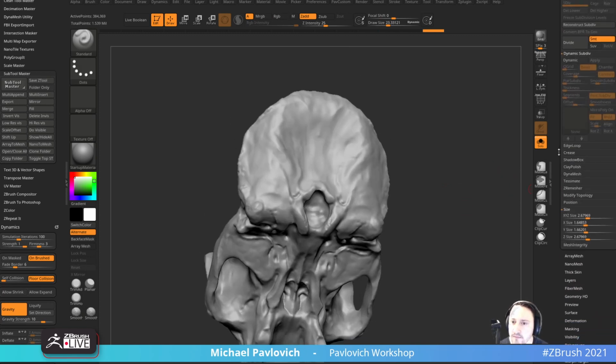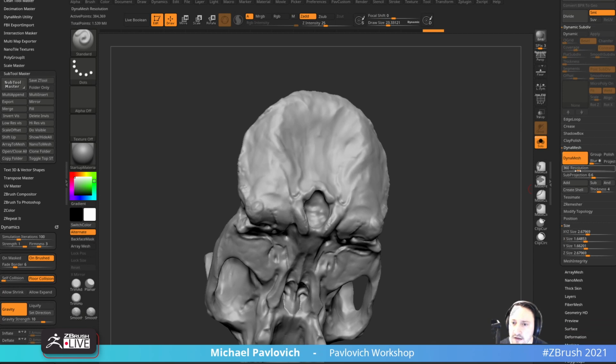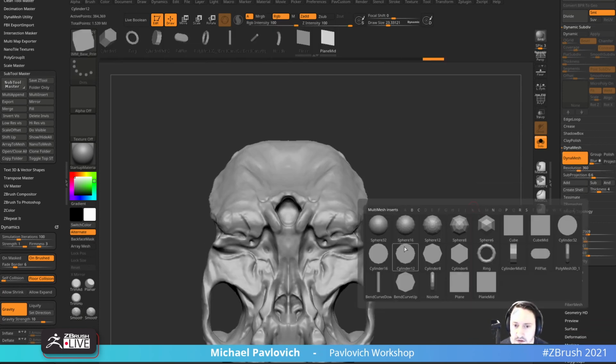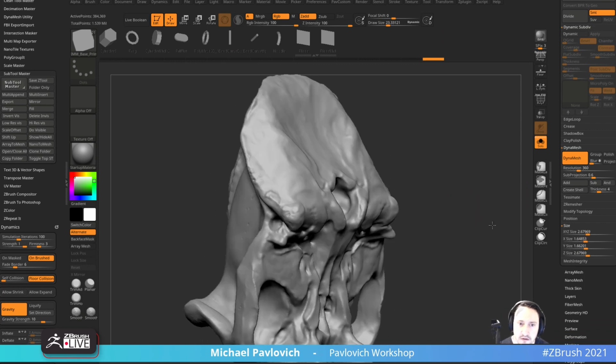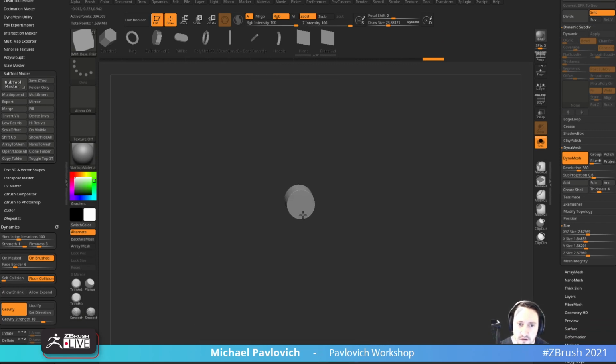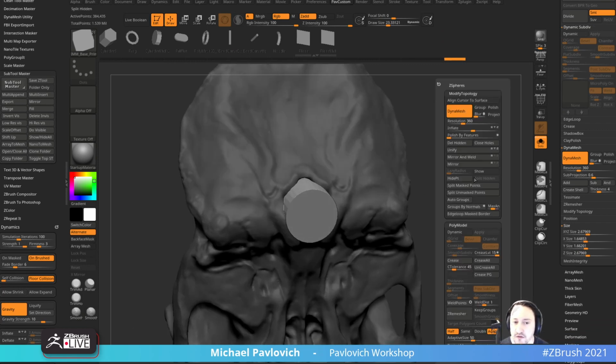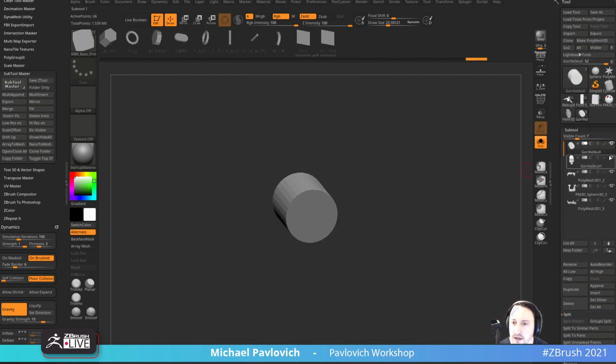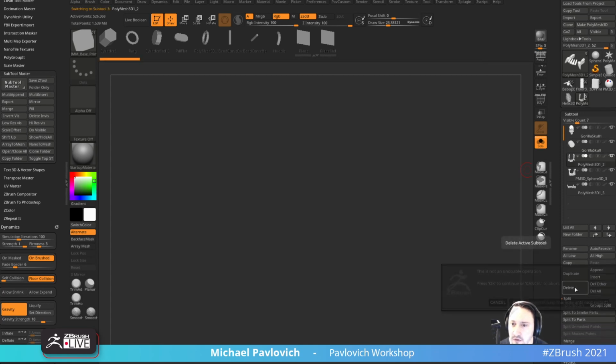So underneath Dynamesh, I have a create shell. I'm going to go in here and drop in a cylinder. I guess let's hollow it. This looks like as good a spot as any. If I want to preview this first, I can go through here. I'm going to say split mass points, and we're just going to put this right below. I'm going to go ahead and delete everything else out of here so we can just kind of focus in